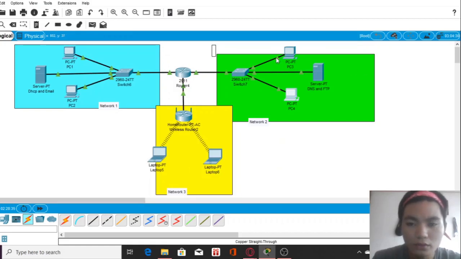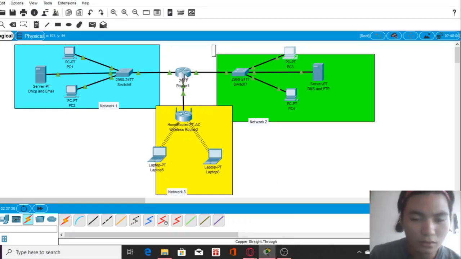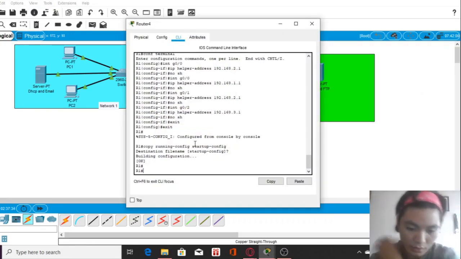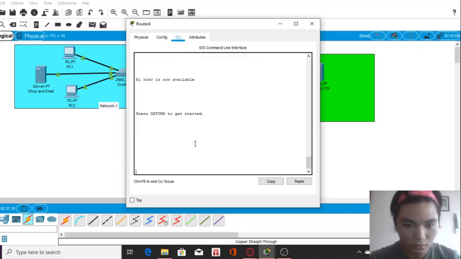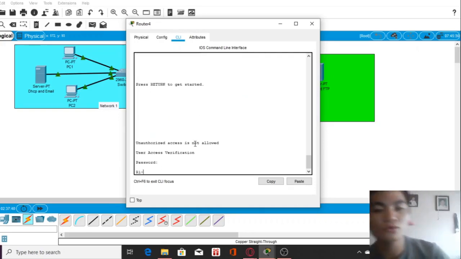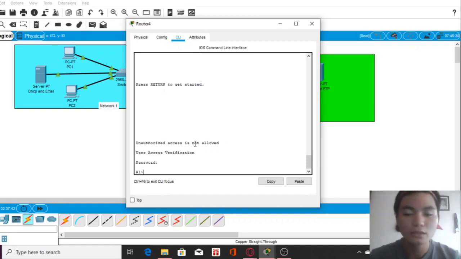The cause of this failure is because we have not yet added the DHCP helper here in network 2. Now to configure our router for our DHCP for network 2 and network 3,